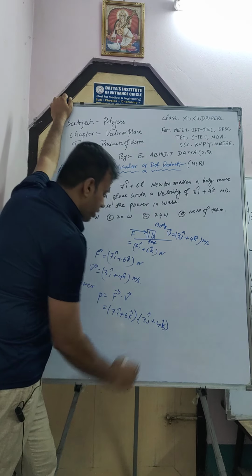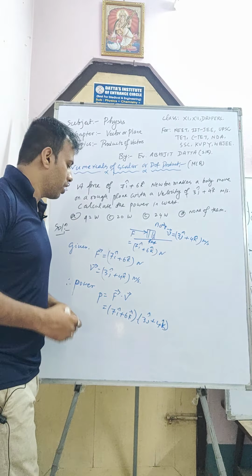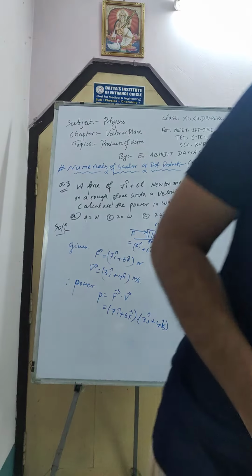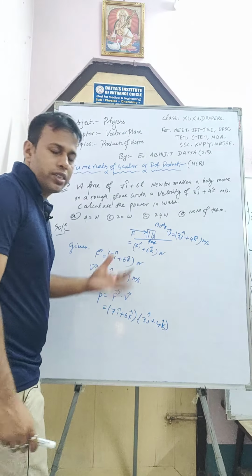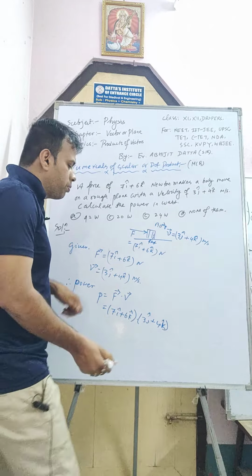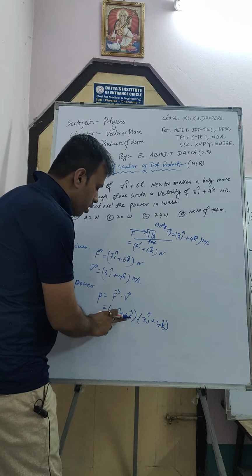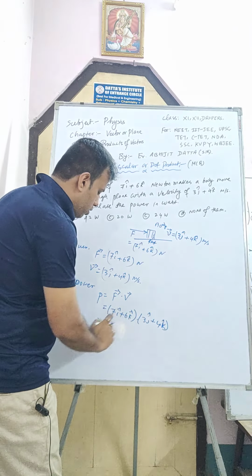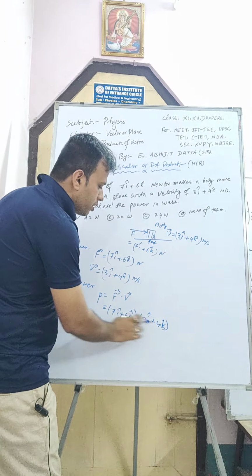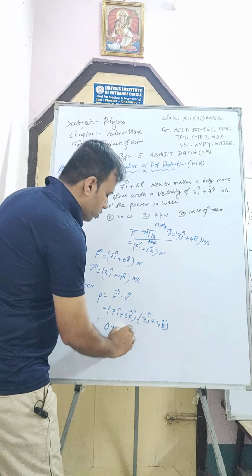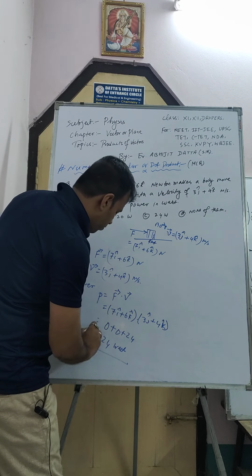Now here, look at here. In some cases J is missing, in some I is missing. So in this type of questions you just don't be confused. Here J is missing, here I is missing. That means the coordinate of J will be 0 here and I will be 0 here. This one is I, this one is J, this one is K. So it will be 0. This one is K, here is no J, this will also be 0. And this one is K and this one is K. So multiply this one, 6 into 4, that is 24. So 24 watt